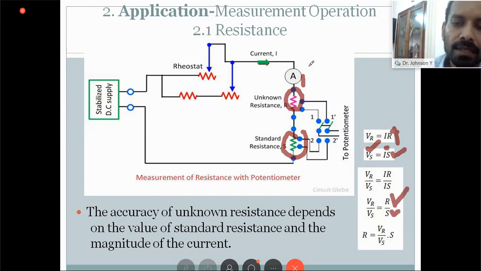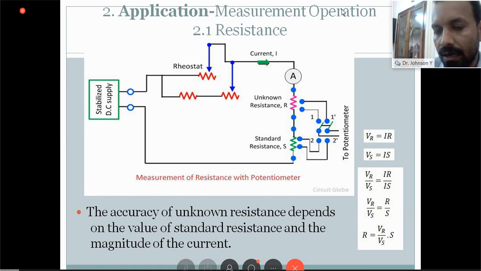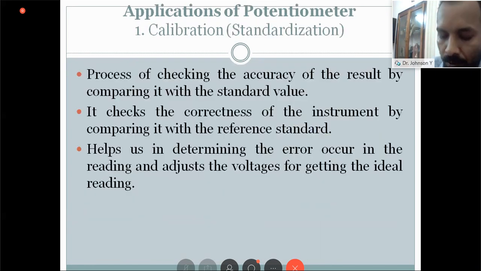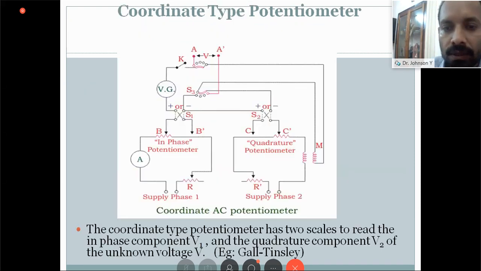So this is the last application, and there are 4 applications. In the 4 applications, 3 are for the calibration of voltmeter, ammeter, and wattmeter, and the last one is the measurement of an unknown resistance. So these 4 things are the applications of a potentiometer, and in that portion we have done a problem also. Then in the earlier slide, AC potentiometer, DC potentiometer, the different types of potentiometers,